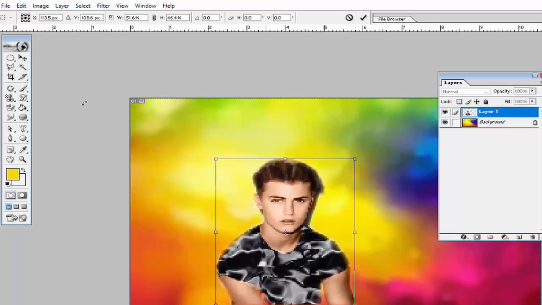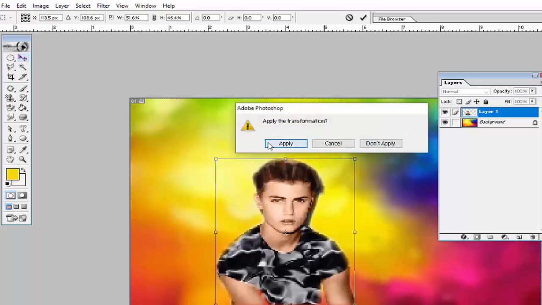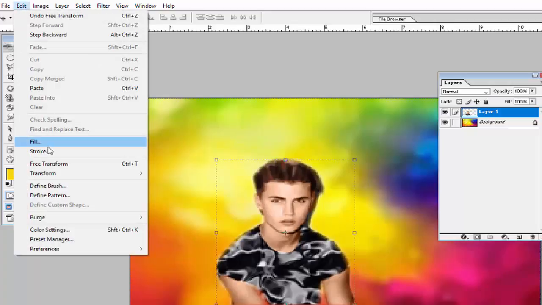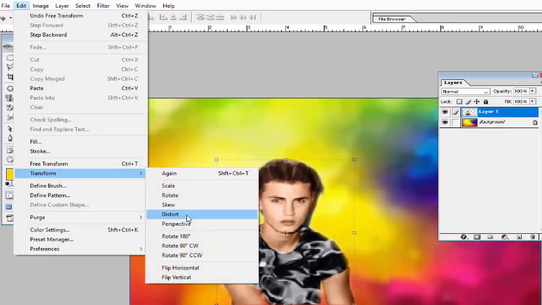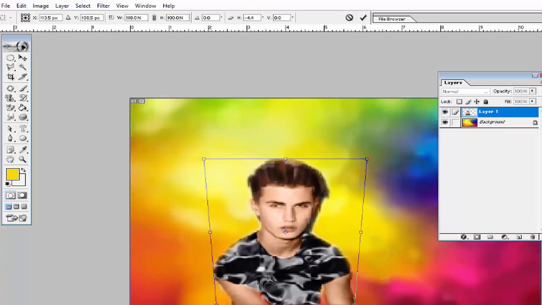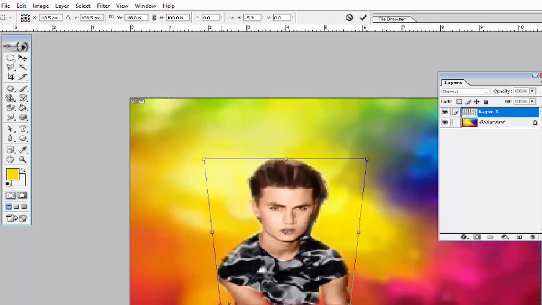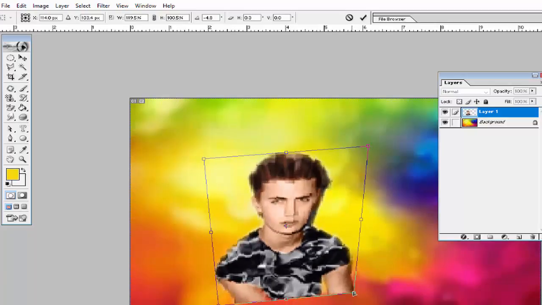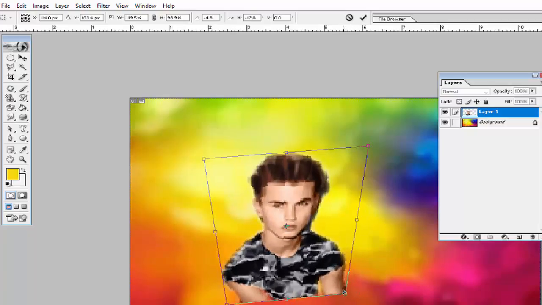So we will use some other options to change the view of this image. Go in Edit, use the Transform option, the Perspective option, to change the image like this, into another view.